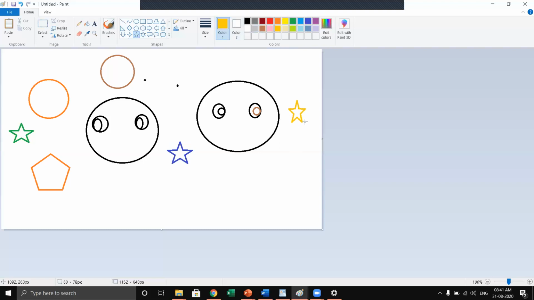Now next, circle, undo, click on the circle here. Okay. Now you have to fill colors. To fill the colors, click on this fill color. Can you see here? Fill with colors. Click here. Now first I will take brown color and fill in brown here. Next I will choose black color. I'll fill black here and here.